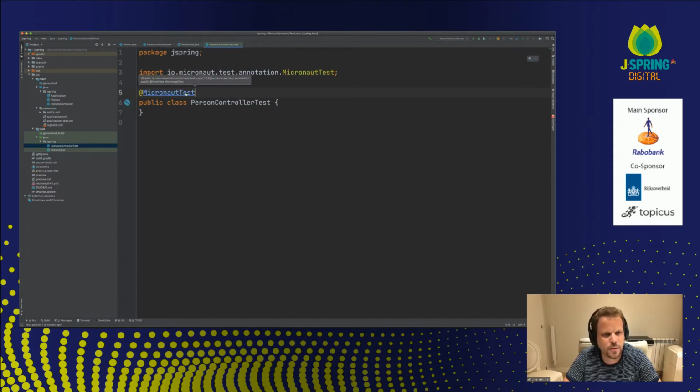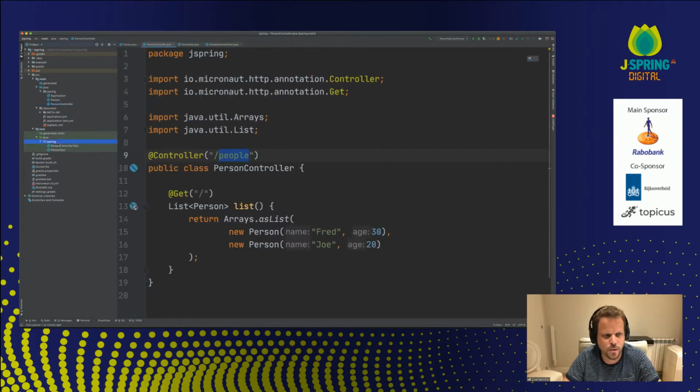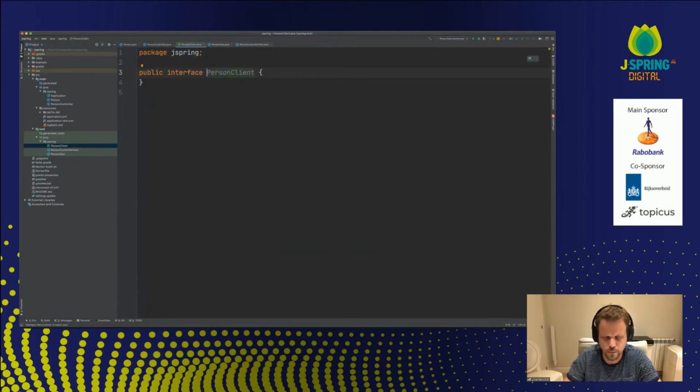And when you add it to a JUnit test or Spock, we support Spock as well, or Kotlin test, what it does is spin up the Micronaut server inside the test, right? So how would I test my interactions? So what I'm going to do to test it is write a person client. That's going to be an interface.